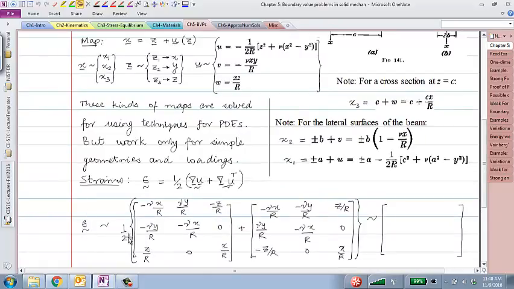Strain, as I said, is half of grad u, gradient of u, plus gradient of u transpose. So let's check whether this is the gradient of u. Derivative of u with respect to x in here, that gives me nu over 2r, right? Or minus 2 nu over 2r, that gives me minus nu x over r. Derivative of u with respect to y, that gives me minus 2y over 2r, that's this one. A derivative of that with respect to z gives me minus z over 2r, and so on. So you can check that this is gradient of u, this is gradient of u transpose, and if I